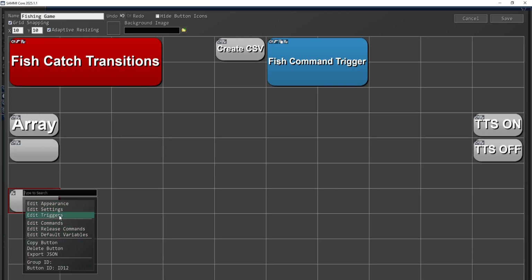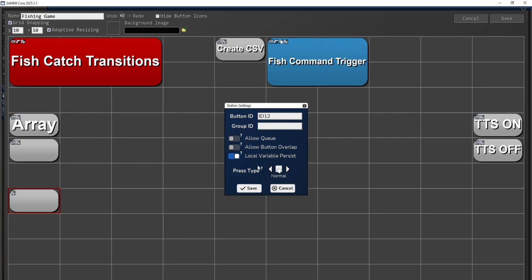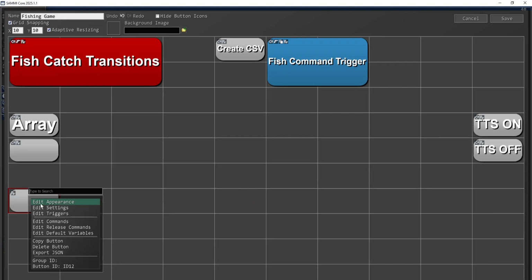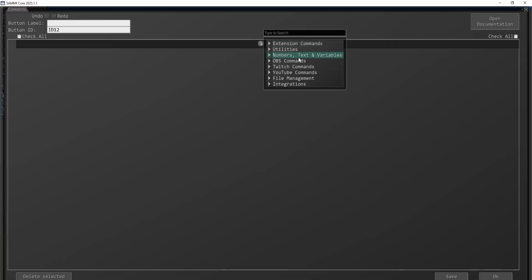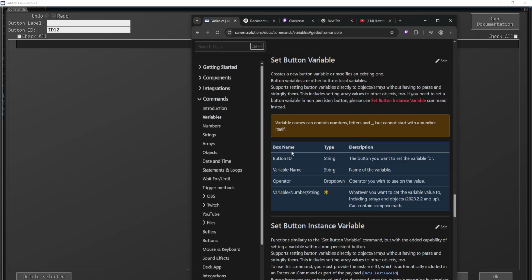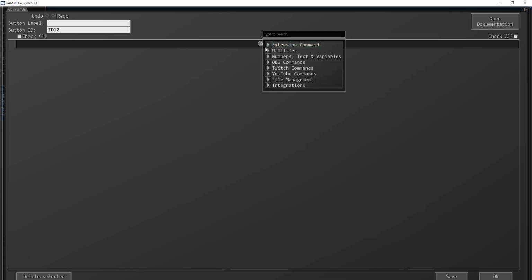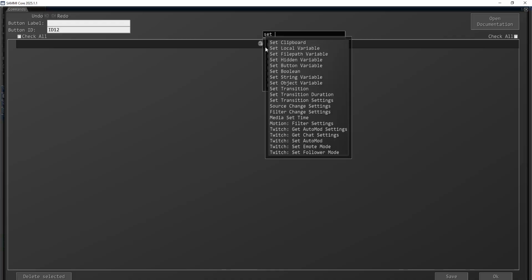And we need local variable persistent. Yeah, that's fine. Okay, so in this case, I feel like this is a horrible way of doing it because, well, what was the command again? Set button variable, right? So set button